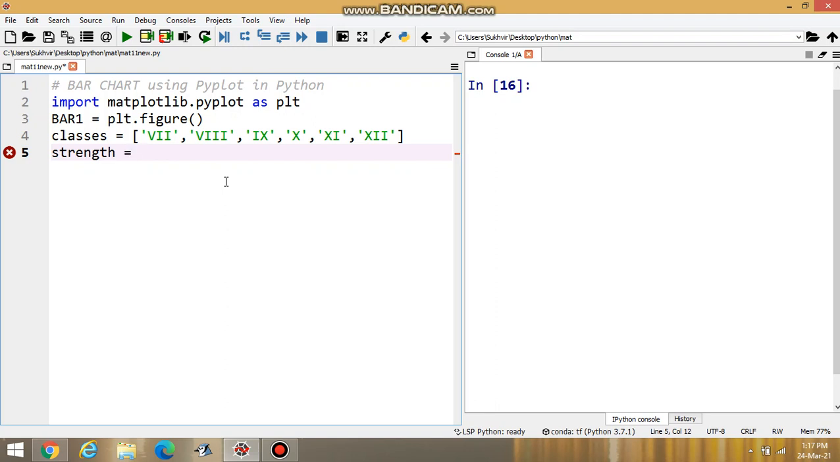Strength is equal to: in 7th class 45 students are there, then 34 in 8th class, and in 9th class suppose 55 students are there, and in 10th class suppose 67 students are there, in plus 1 suppose 80 students are there, and in plus 2 suppose 60 students are there. Suppose this is the data. Suppose I have to design this. Okay, for that